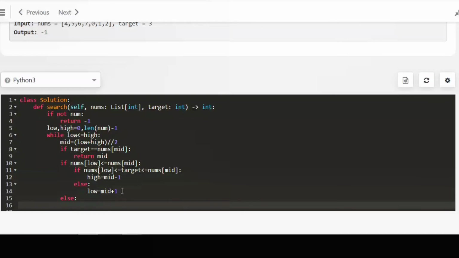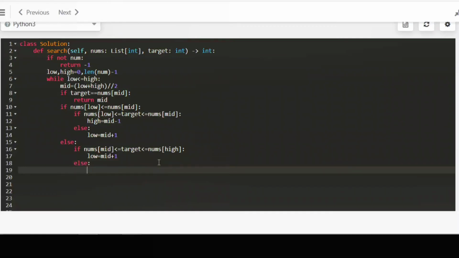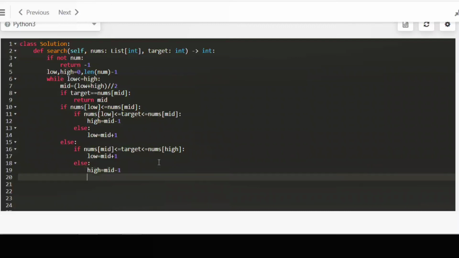Means low equals mid plus 1. Else, means if low is greater than nums mid, then if nums mid is lesser than or equal to target and target is lesser than or equal to nums high, means we'll search the right part, our low will be mid plus 1, and else our high is mid minus 1.